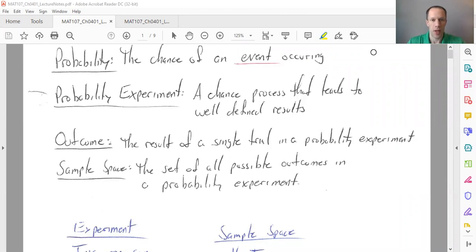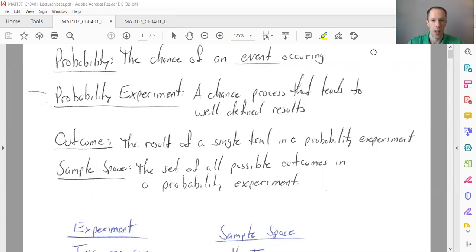Now, in this course, we will talk about probability primarily in terms of what's known as a probability experiment. A probability experiment is a chance process that leads to a well-defined result. Now, what I mean by a chance process is that whenever we do this experiment, there's a chance that we get this outcome, there's a chance that we get that outcome, and we really don't know which outcome we'll end up with until we actually do the experiment. For example, we could flip a coin. There's a chance it'll land on heads, there's a chance that it'll land on tails. We really don't know which way it's going to turn out till we actually flip the coin and observe the